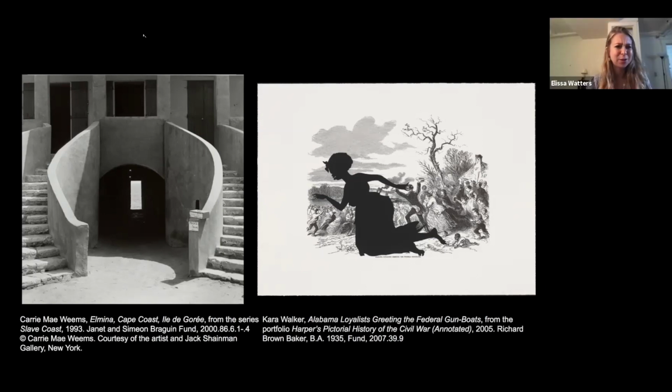Absolutely. And it's amazing that the image still reads as clear, even though it's been enlarged. I mean, it's enormously enlarged compared to the original images, but it still reads as clear. And like you said, you can see the lines. And those lines really contrast with the silhouette figure, which is a solid black. Screen print really lets you print things solid because you're using a mesh with these teeny tiny holes, and you block out the area around the figure so the ink just goes through the screen where those holes are open. And the mesh is so tiny that the figure ends up appearing as a solid black color. So the technique she's using really allows her to contrast these two